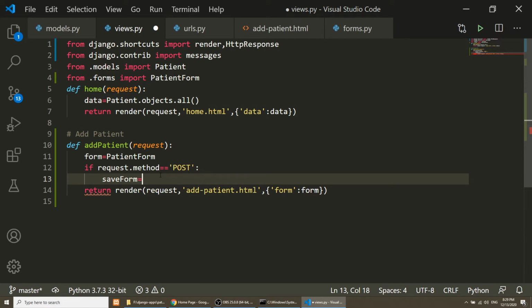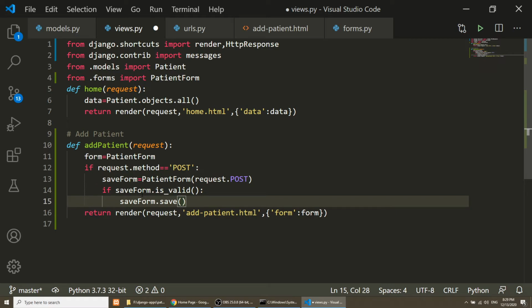So we will pass the post array, and in this we will check if save form dot is valid. If form is valid, then what we will do, we will save this form and show the message.